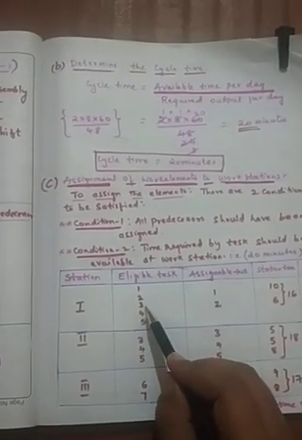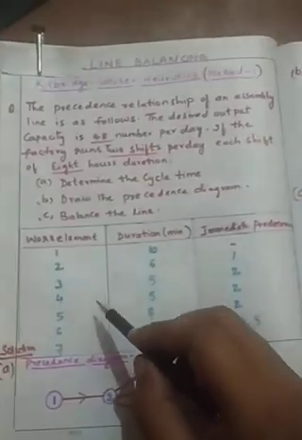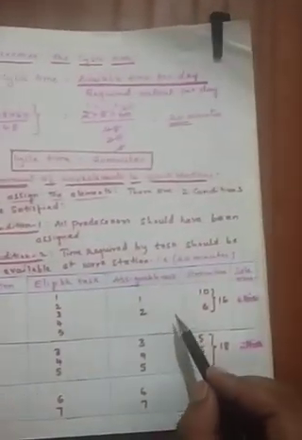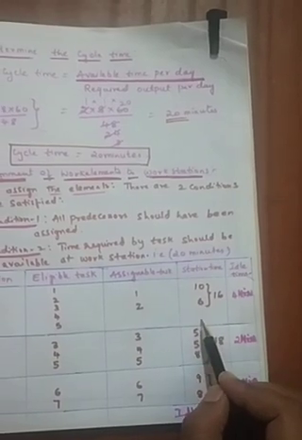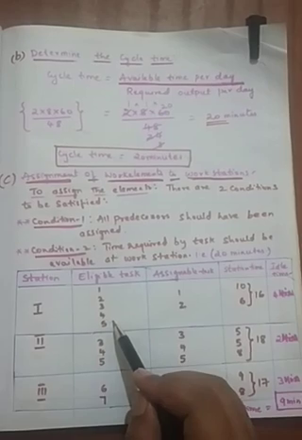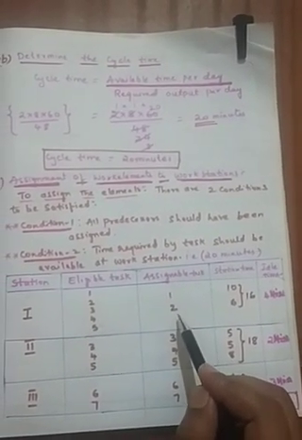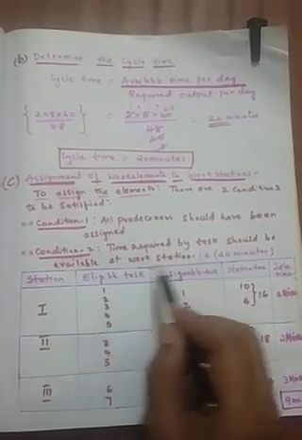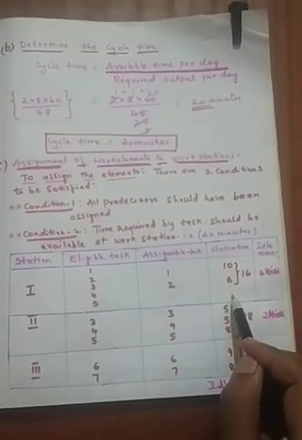But when you assign the third element here, what happens? The duration for completion is 5 minutes. So if I assign 3, therefore here it will become 5. 10 plus 6, 16 plus 5, 21. So it is crossing 20. I cannot assign it, though they are eligible because the second element is completed. They cannot be assigned into workstation 1 because it is exceeding the value of 20 minutes. So it is not satisfying the second condition. Therefore only 1 and 2 can be assigned to station 1.